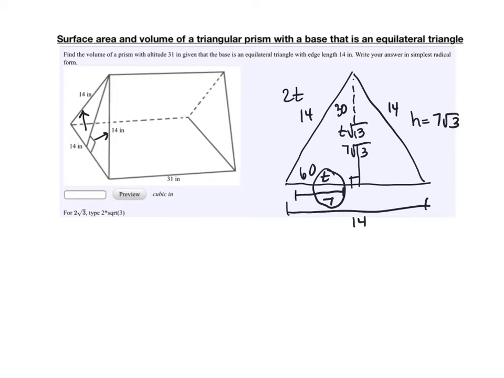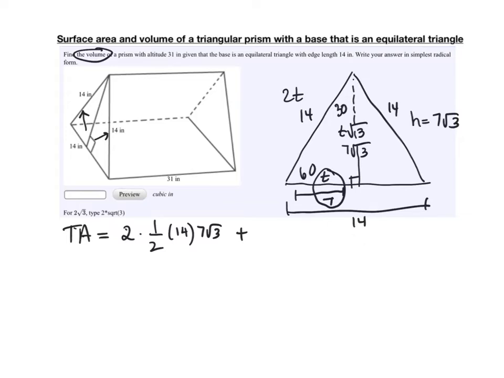Now, this question says find the volume, but this video is for both surface area and volume. So let's do that. All right, the total area, there are 2 triangles. So I'm going to start off with a 2 times. Each of those triangles, the area is 1/2 its base times its height. Well, the base is 14. And the height we just figured out was 7 root 3. Plus,